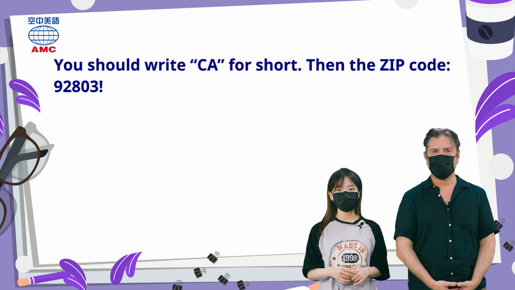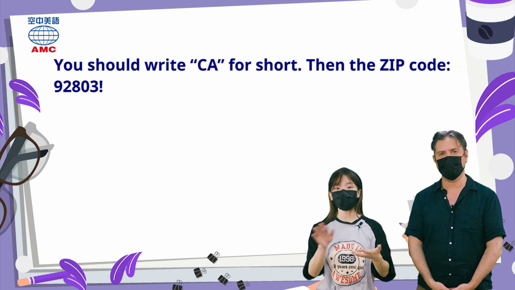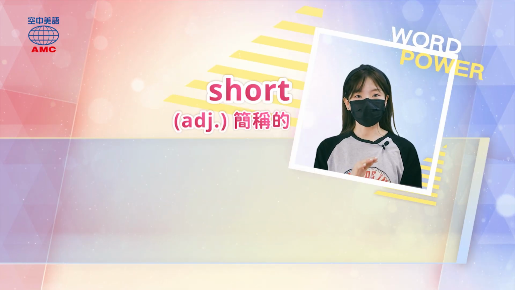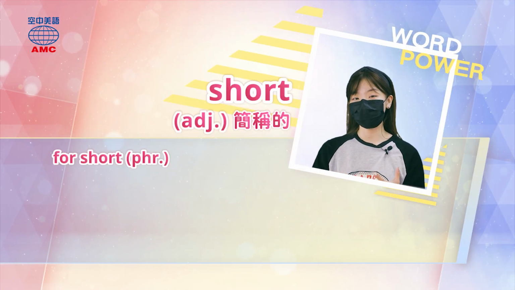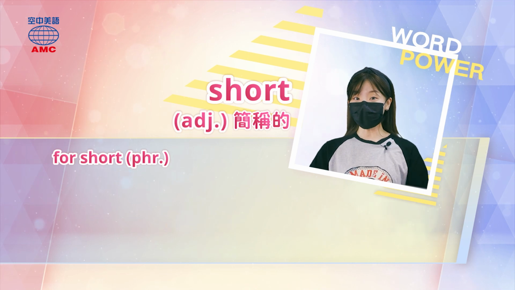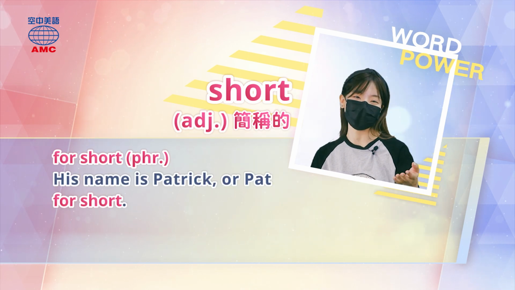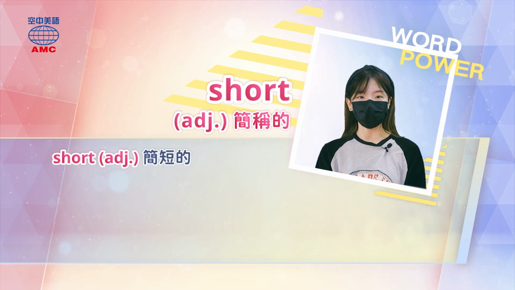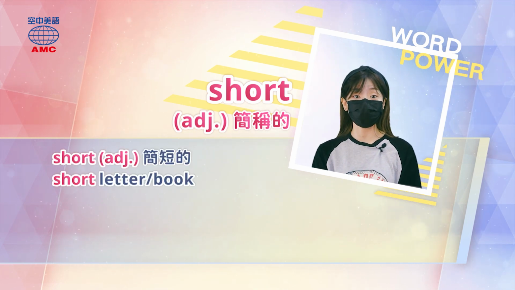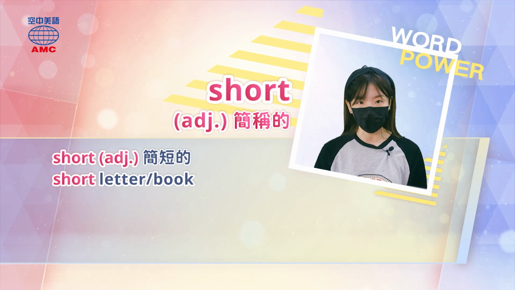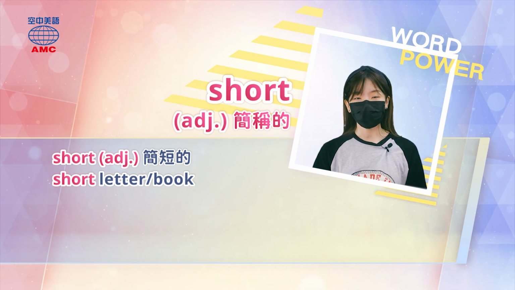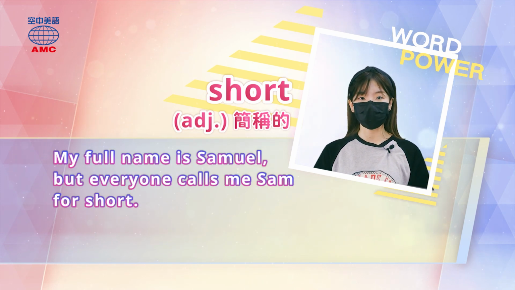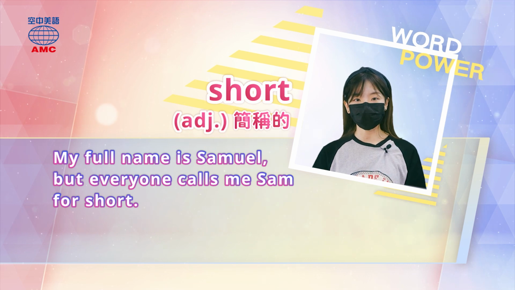OK， 所以我们来看一下这个 for short 这边的片语。那我们先看一下 short 这个单字哦。Short 就是简称的，所以这边的 for short 就是简称的意思。所以比如说呢，我们有个老师，你们都认识吧？你可以说 His name is Patrick or Pat for short。我也可以呢是指很简短的，比如说是一个短信，你就可以说 a short letter， 或者是一本篇幅比较短的书，就是 it's a short book。那我们再看一个例句 My full name is Samuel, but everyone calls me Sam for short。 我的全名是 Samuel， 但是大家都叫我 Sam。